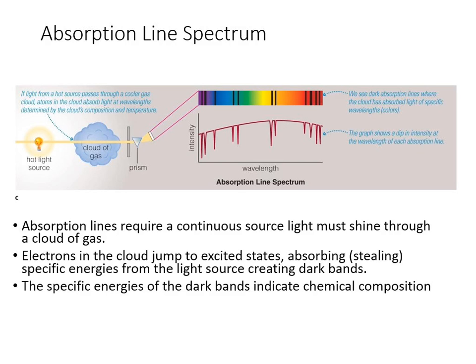What's interesting, and I've had other animations that do this, is if we were at another location, let's just say instead of here, if we were over here, okay, looking at this, we could perhaps see emission lines instead of absorption lines. But here we're seeing absorption lines because the cloud is between the source of light and us. So if we look over here, again, we kind of have two different ways to look at an absorption line spectra.